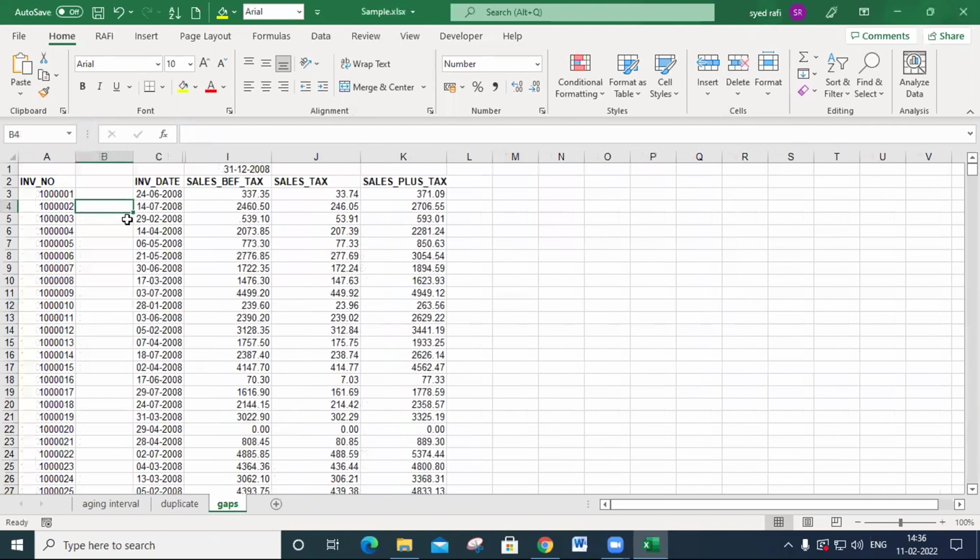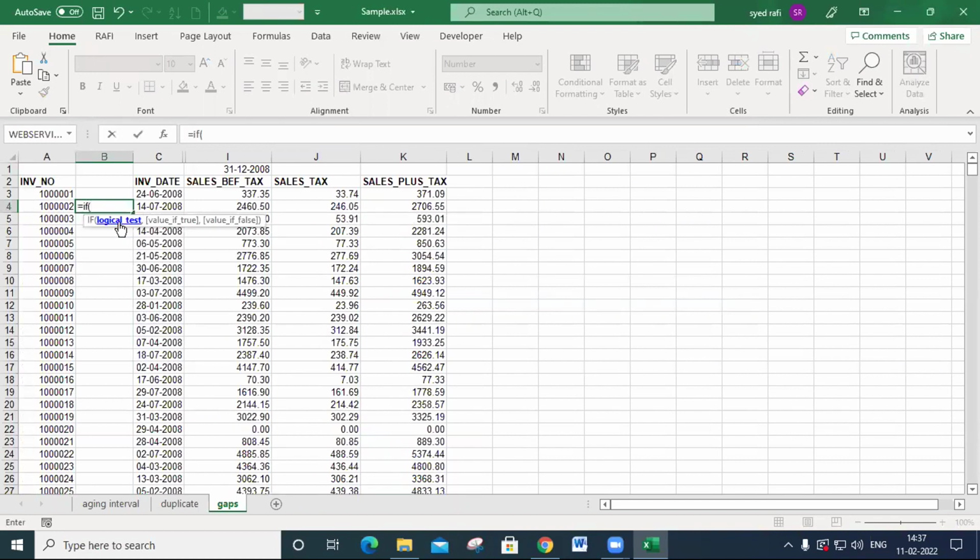Next is gap detection. If you want to find the gaps between the invoice numbers, there is a little trick I will show you. Equal to IF, this one minus this one, greater than 1.